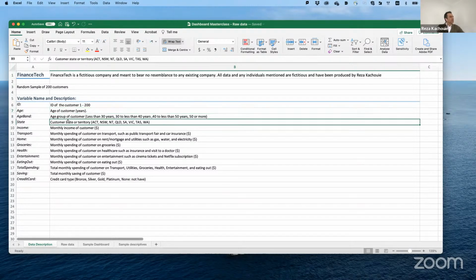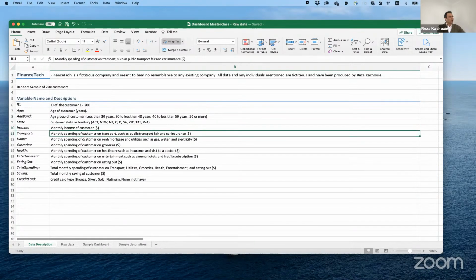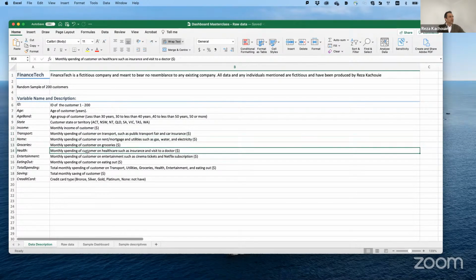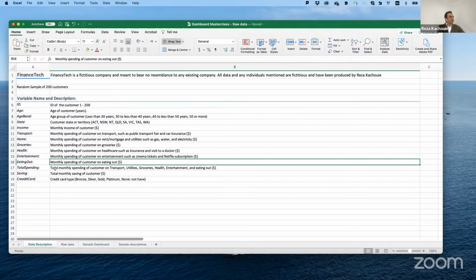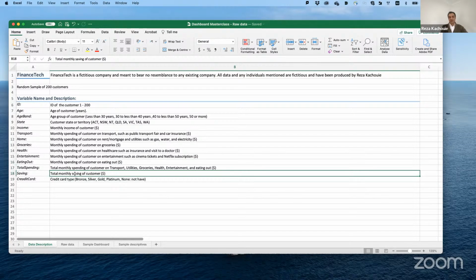Then we have the state that the customer is in, the state or territory. Then we have the monthly income of the customer, the amount they have spent on transport, on rent, on groceries, healthcare, entertainment, and eating out. Then we have a total monthly spending plus how much they can save at the end of the day.